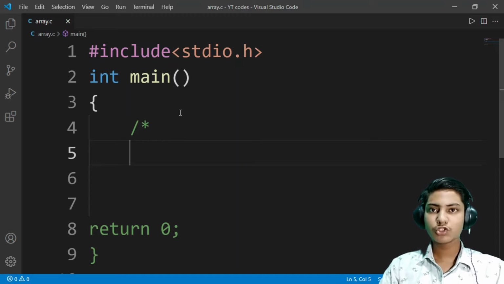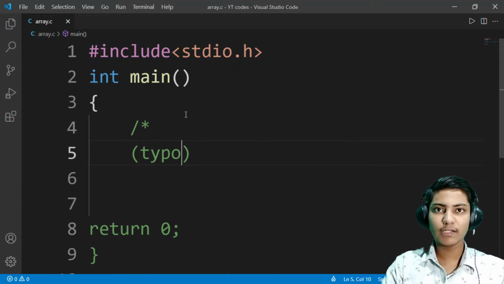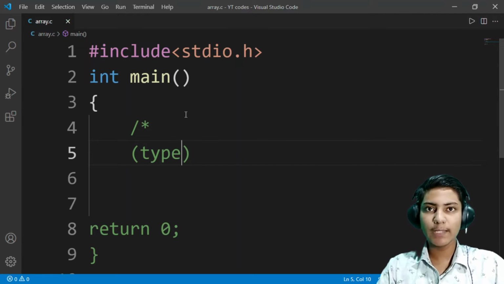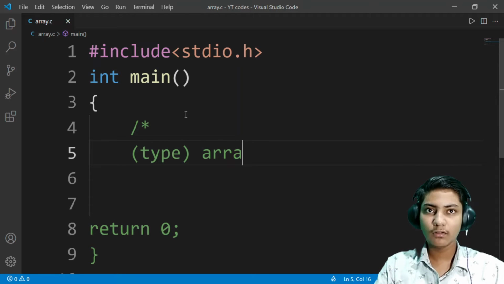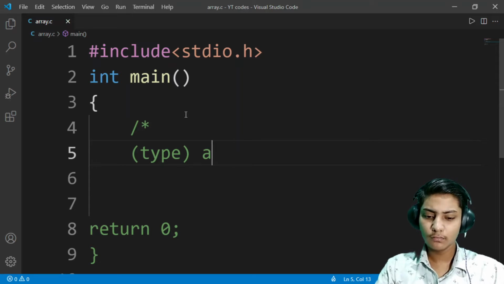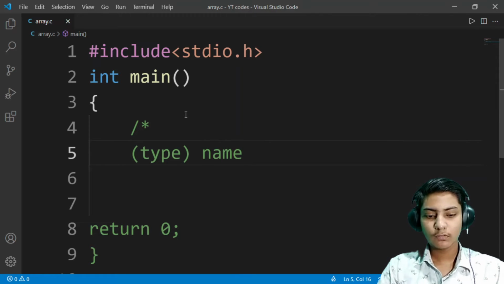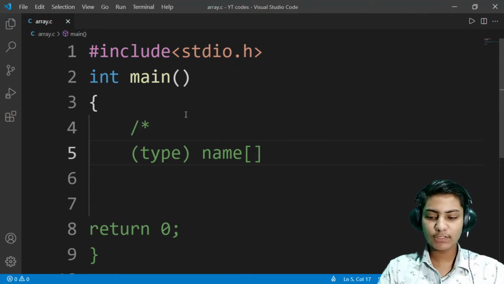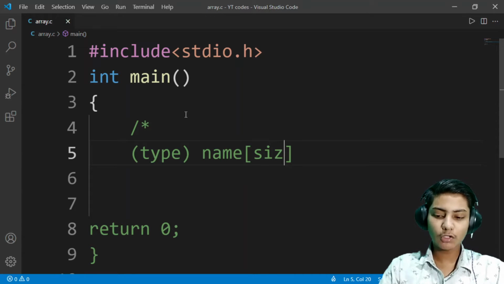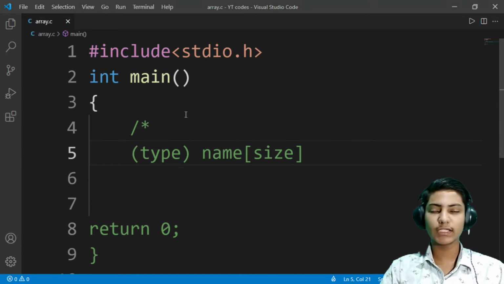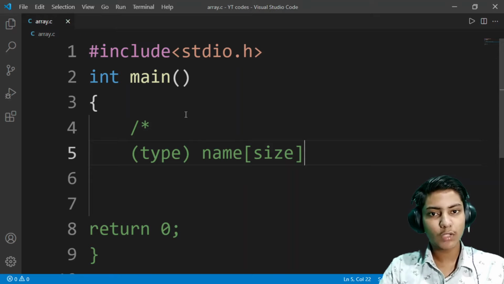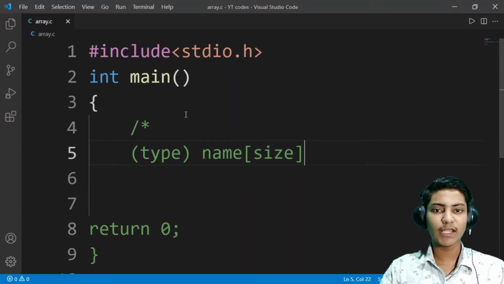Declaring an array. You have to declare the array like a normal variable: the type, then the name of the array, and then square braces, then the size of the array. It is not necessary in a one dimensional array, but it is in two dimensional or multi-dimensional arrays.